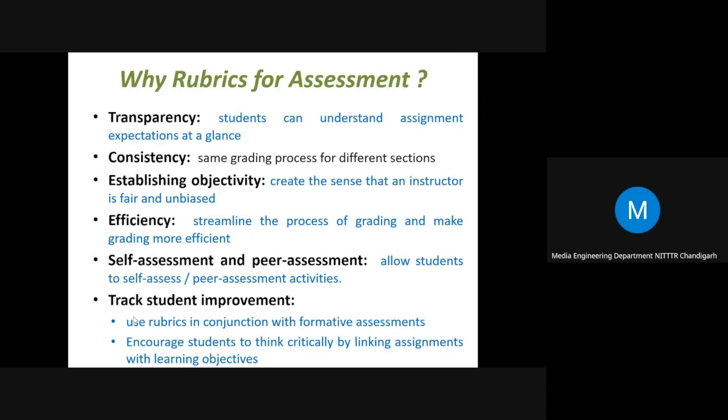If we are using rubrics in conjunction with formative assessments, it will help us in tracking student improvement, and it will also help students think critically by linking assignments with the expectations and the learning objectives. So it will help the students to be more focused. So these are some of the reasons why we should use rubrics.